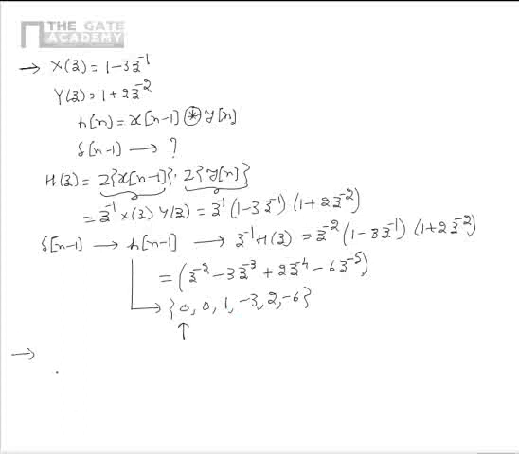Now let us consider another problem, as per which there is a signal x of n which has a z transform of X of z is equal to sigma n is equal to 0 to infinity of (3 power n divided by 2) multiplied by z power 2n. This signal is orthogonal to,